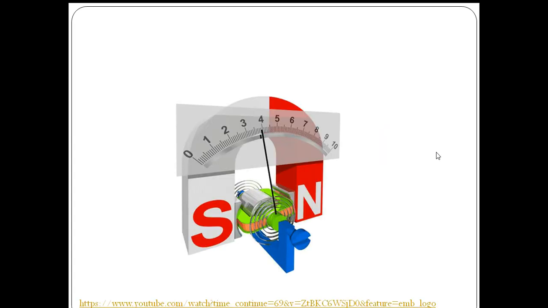Now we will discuss the construction of the PMMC meter. So this is the actual representation of a PMMC meter, and the parts will be like this. This part is the spring, and that is the dial. Dial, mirror, and the pointer. This is the moving coil, magnets, and spiral spring. So these are the different parts existing in a PMMC meter.